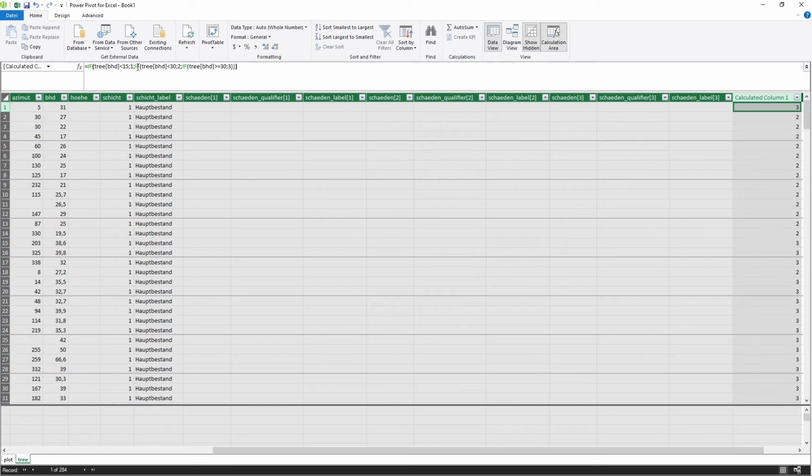Somehow we need to substitute now these 1, 2, and 3 by the correct expansion factor, and this expansion factor is a result of the plot size and how many plots of this size would be needed to fill 1 hectare. So in fact we need to divide 1 hectare in area, and this is 10,000 square meters, so 10,000 square meters divided by the plot area.